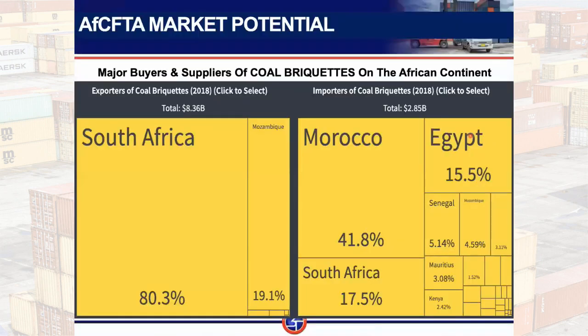All right, let's move on. Cold briquette. For those that don't know cold briquette, for those in Lagos, or wherever you are watching me from, if you have been to a sawmill before,